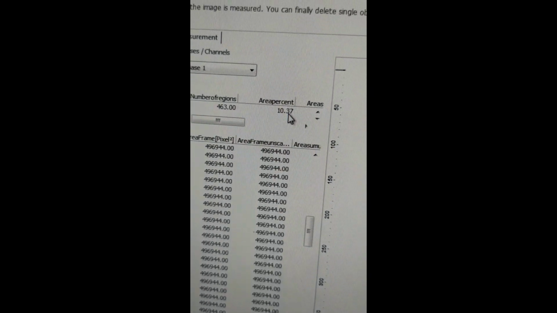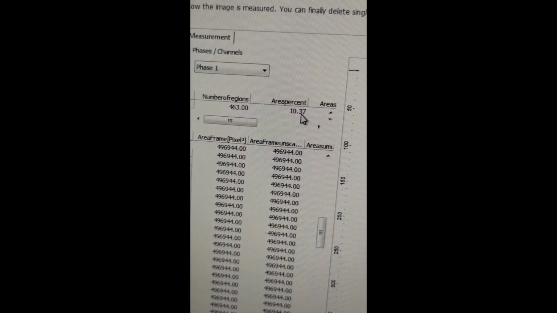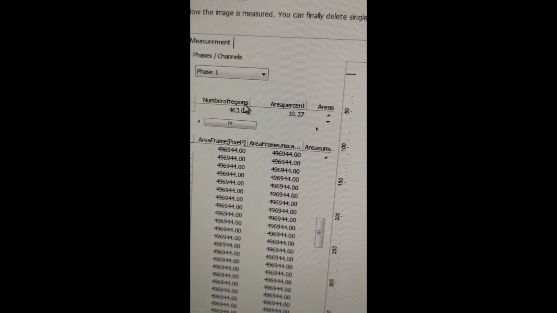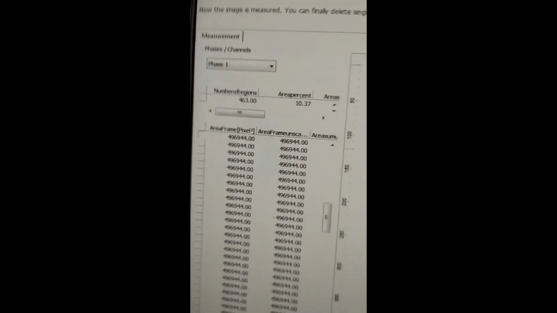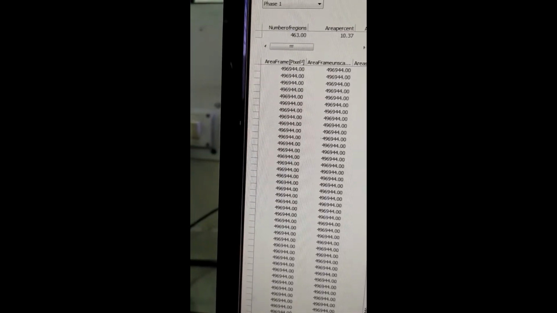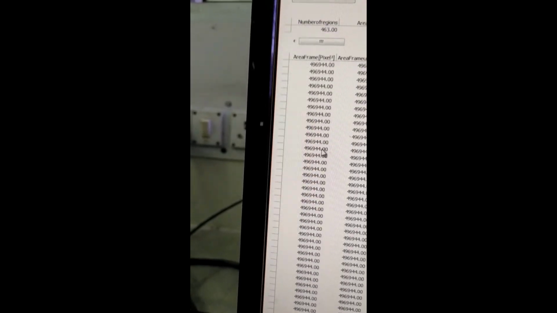So now it is showing in green color. The green color is now the carbon nanotube particles, and the percentage is showing 10.37. 10.37 is the area percent, and here is the number of how many particles there are.